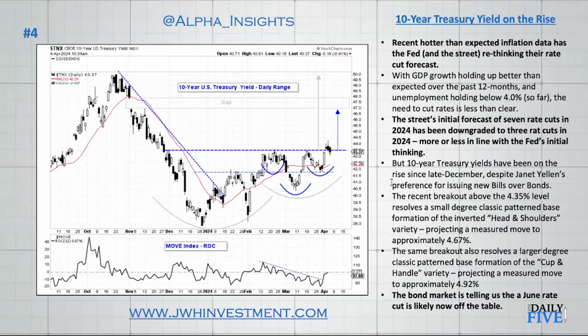Recent hotter than expected inflation data has the Fed and the street, for that matter, now rethinking their rate cut forecasts. Over the last 12 months, we've seen GDP growth holding up much better than expected. Unemployment data has been holding below 4% so far. We think that could change going forward, as our work continues to point to an above average potential for a